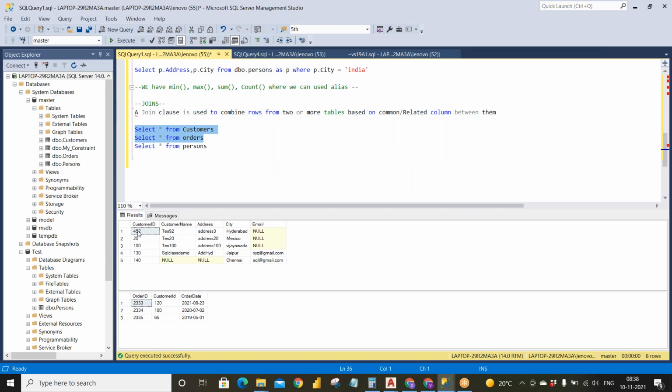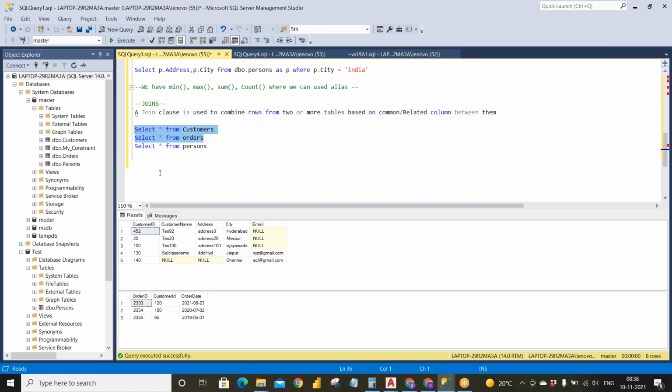In the first table, I have customer ID, customer name, address, city, email, and here I have order ID, customer ID and order date. There is one column which is common in both, that is customer ID. So we can join these two tables in order to get the data from any or both of the tables.